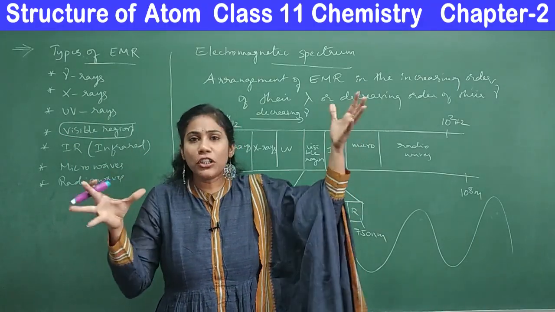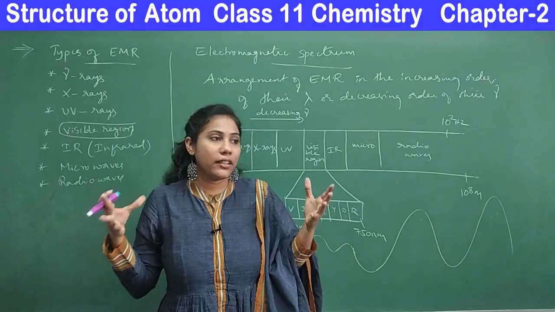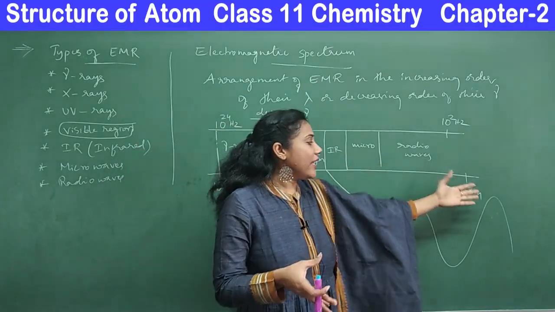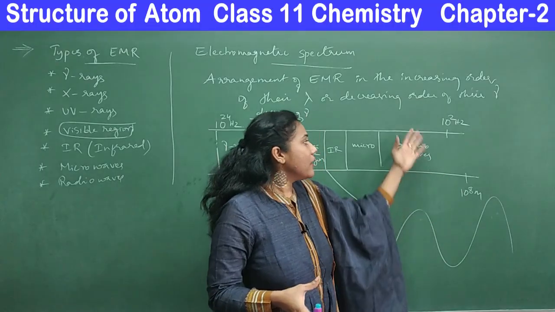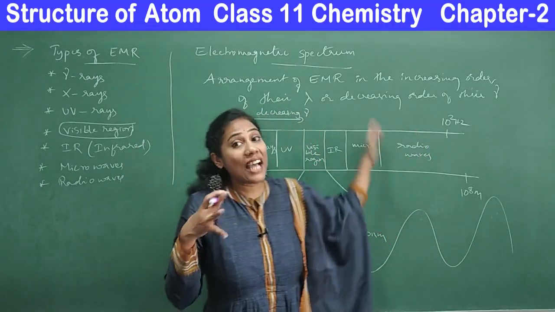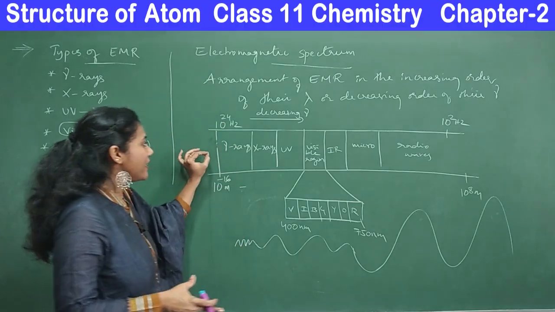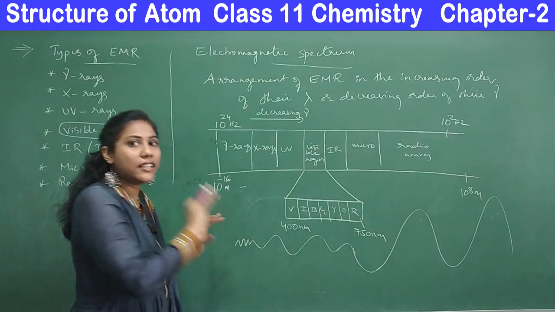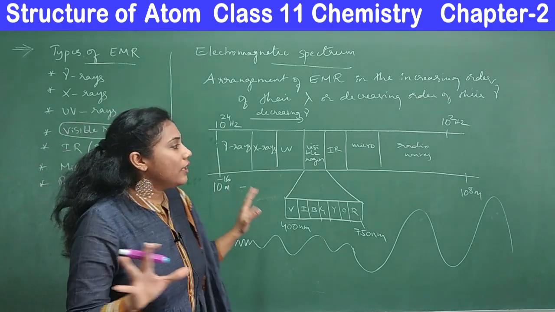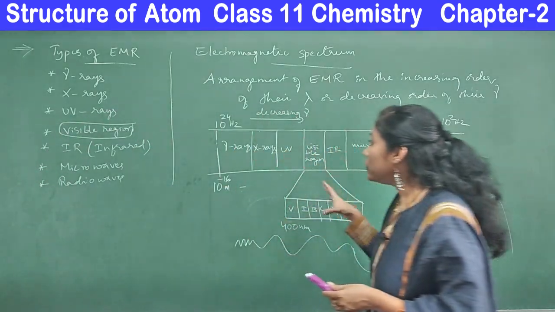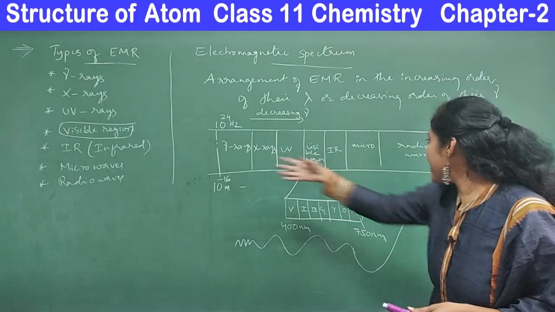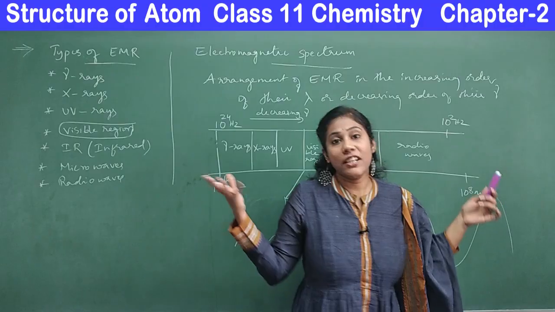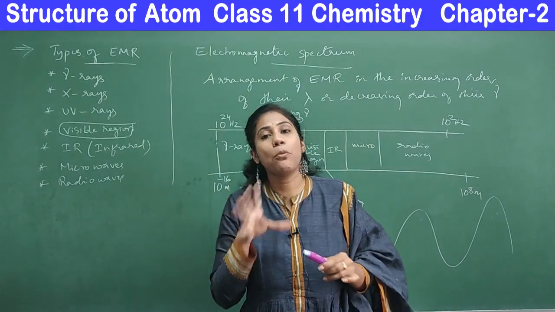You can just imagine a tall 20 floor building or 10 floor building, how tall it will be. So you know that much taller and bigger waves you will observe in case of radio waves. Radio waves are that big. Whereas your X-rays or gamma rays are very small radiations, so they are smaller waves. Clear? So I think now you have an idea about the difference between X-rays and radio waves, right? Radio waves are very, very big and long waves, whereas X-rays are very small waves.